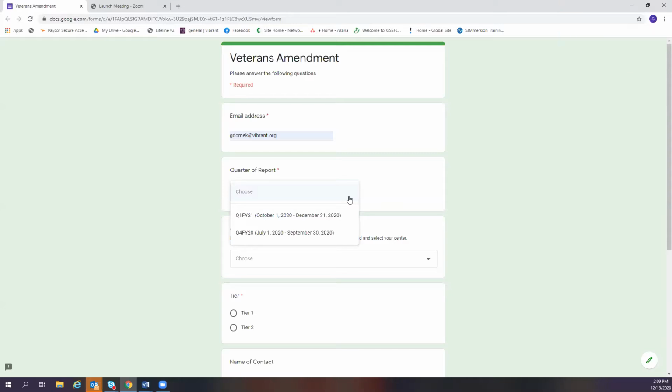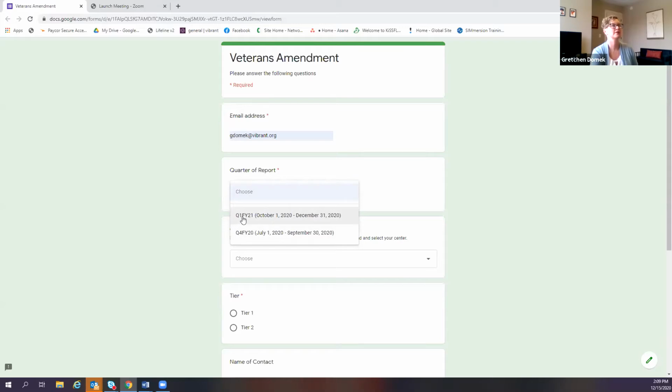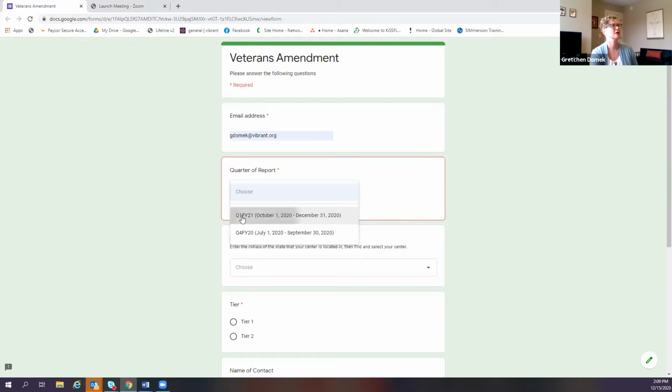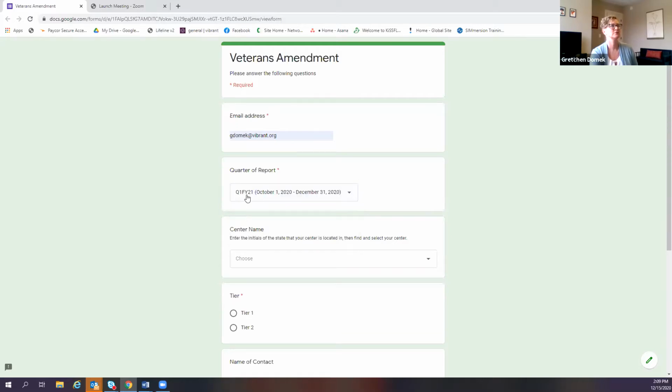So my plan is each quarter I'll just add the most recent quarter to the top of the drop down list. So note that for the data that we're collecting currently and will be turning in in January, you'll choose quarter one for fiscal year 21, October 1st through December 31st, 2020. Then you'll also choose from the drop down